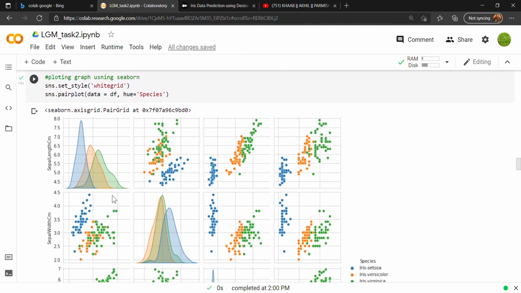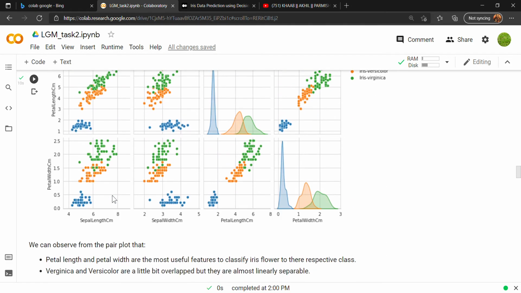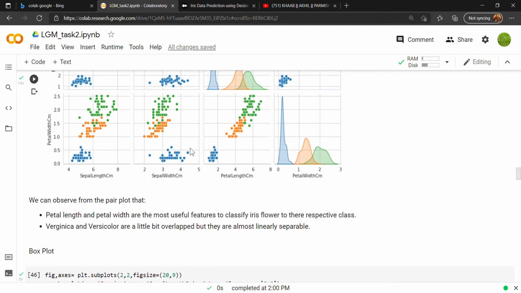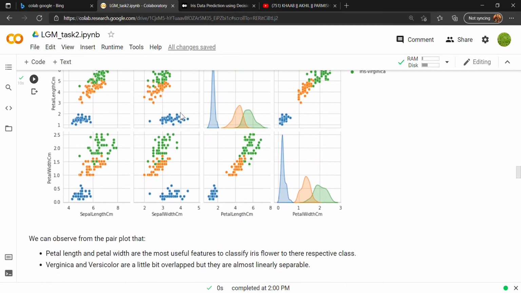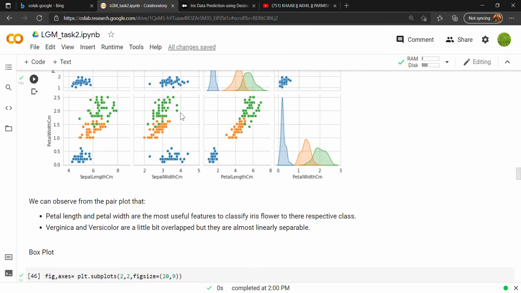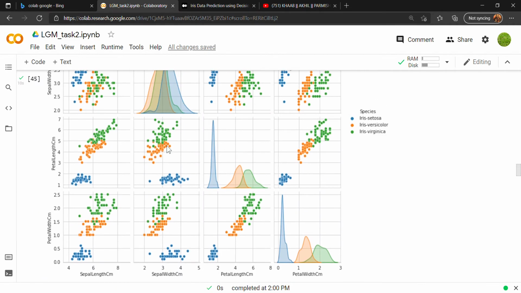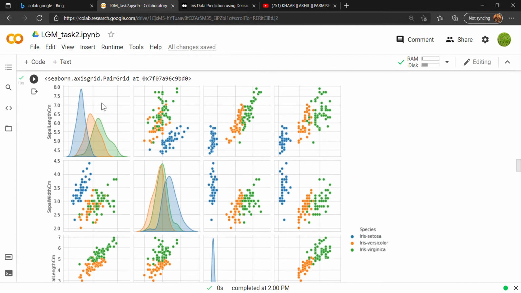Now we will represent it using the pair plot, which is as follows. In all of this, we can say that petal length and petal width are the most useful features to differentiate between them. And from this plot also we can say that Iris setosa is completely linearly separable from the rest of the two.